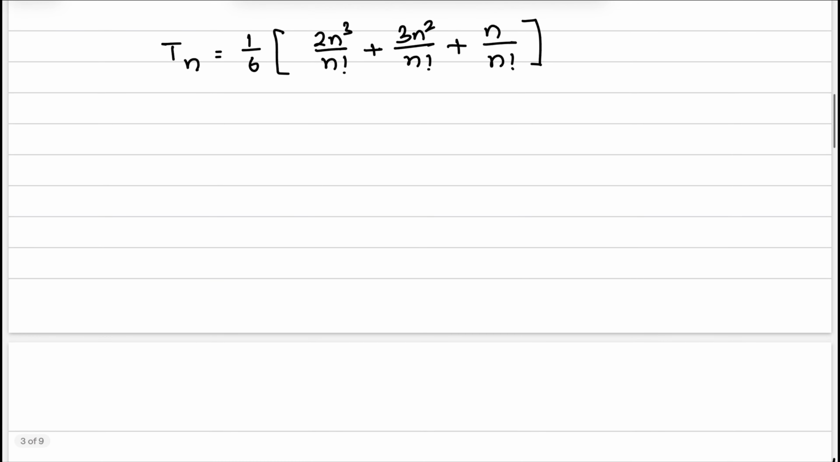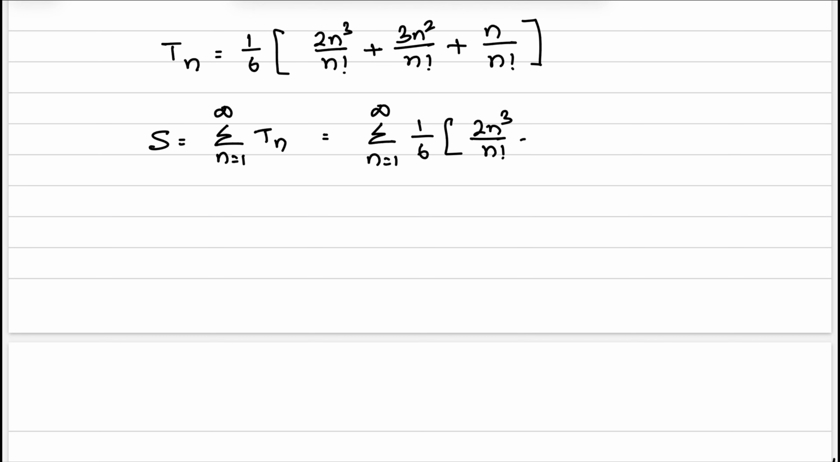Therefore, the sum of the series is equal to sigma n equals 1 to infinity Tn. What is Tn? Tn is 1 by 6 into (2n cube by n factorial plus 3n square by n factorial plus n by n factorial). That implies the sum of the series is 1 by 6, we will take it out,